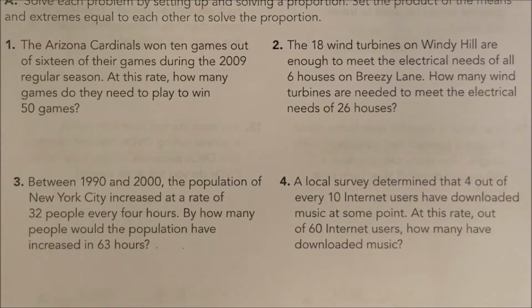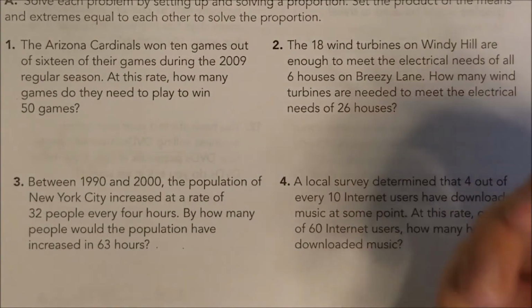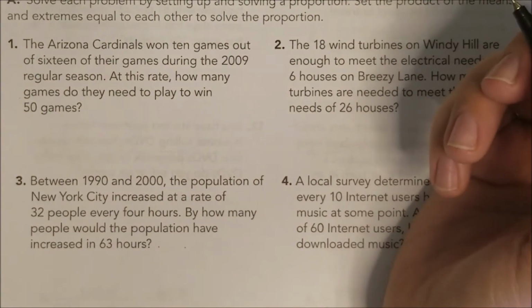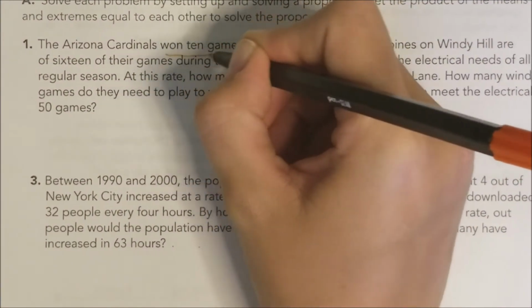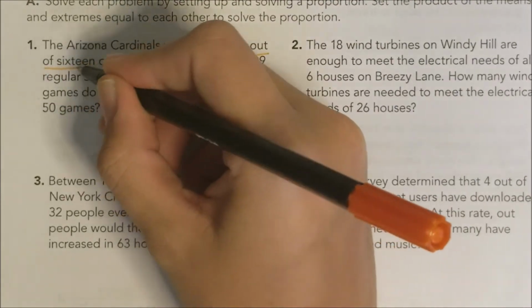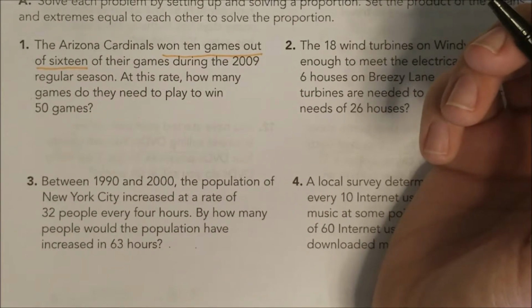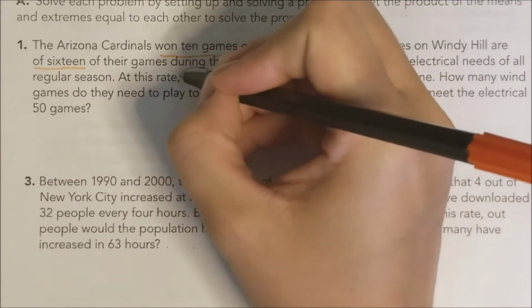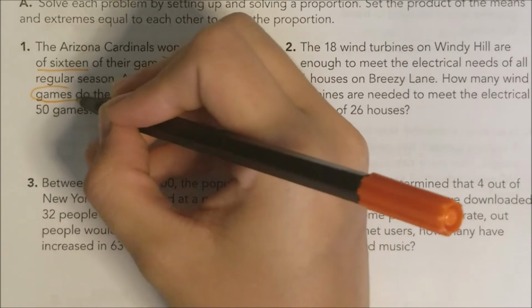Flipping the page. Now we're going to be setting up proportions and using our means and extremes. Number 1, the Arizona Cardinals won 10 games out of 16 of their games during the 2009 regular season. At this rate, how many games do they need to play